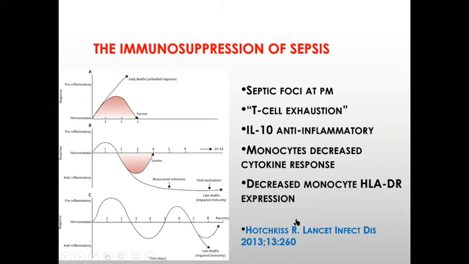Now, what happens later on in sepsis is this immune suppression that many patients who survive their initial bout of sepsis, we've also seen patients that we've resuscitated successfully and think that we've done a good job, who've gone on to get one infection after another in ICU and sometimes